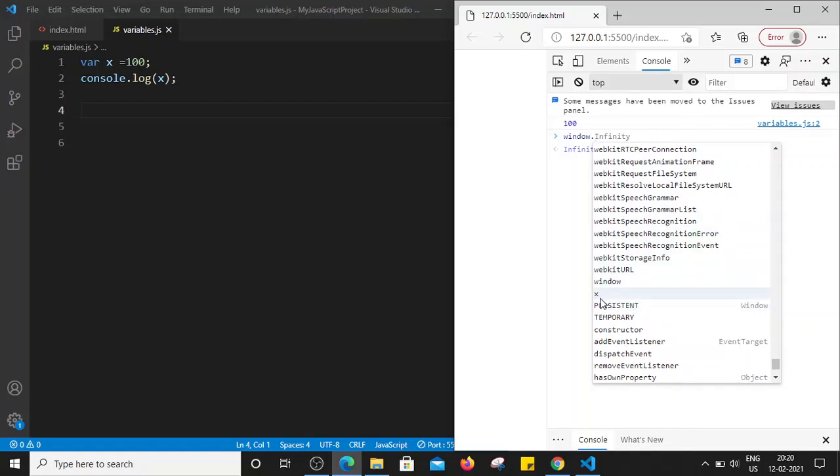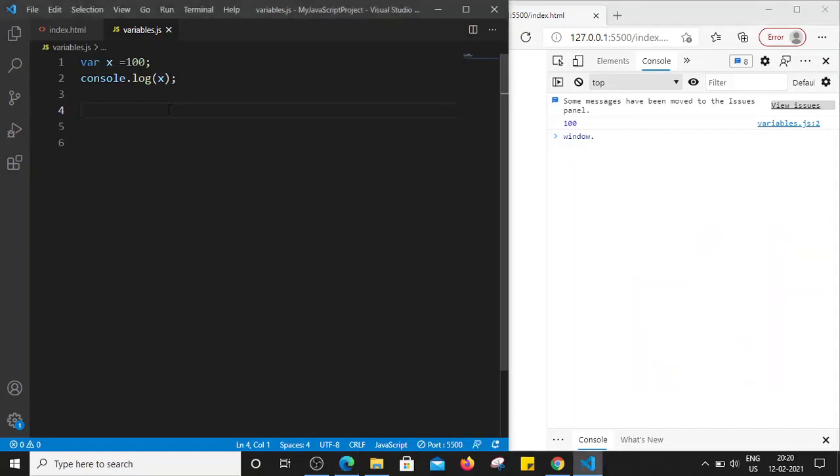The variable which is declared by using var becomes the property of the window object. Now let's check whether let and const become properties of the window object or not. So similarly, I am going to declare one variable let y is equal to, let's say, 200. console.log y semicolon, and I am saving the file.